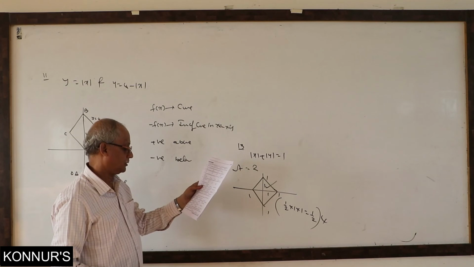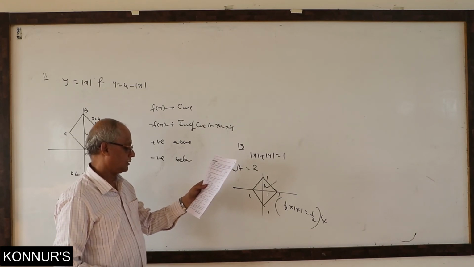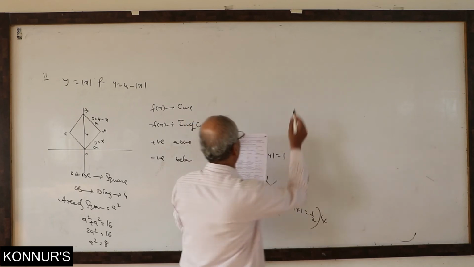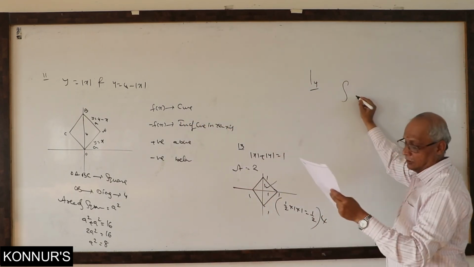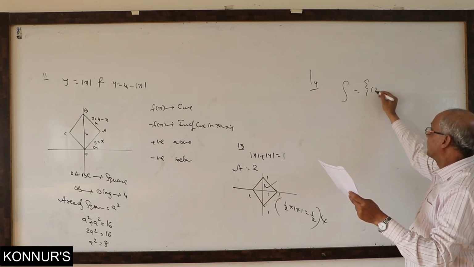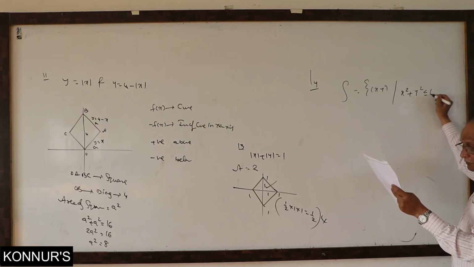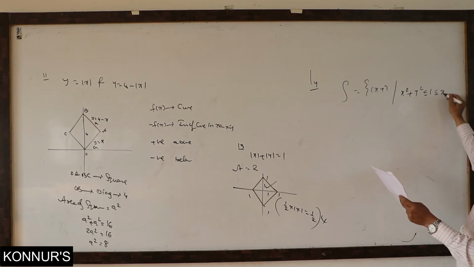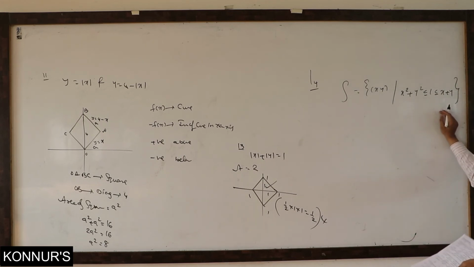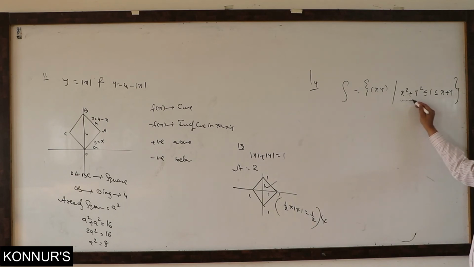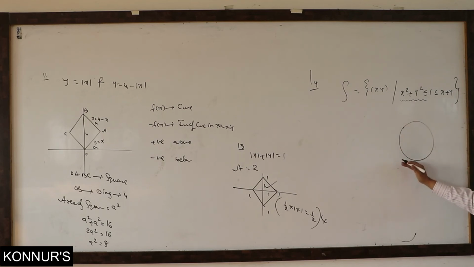That is already in the synopsis. This also: x square plus y square, 14th, mentioned like this. S is the set of all ordered pairs of the form x comma y such that x square plus y square must be the interior part of the circle, and the exterior part of the straight line. That is the meaning. It is mains level, but the statement is sometimes essential. So it represents the interior part of the circle, the interior of the unit circle. Center is origin, so 1 unit, 1 unit.